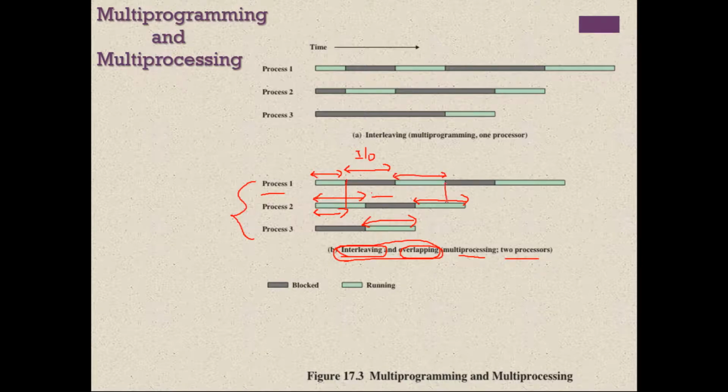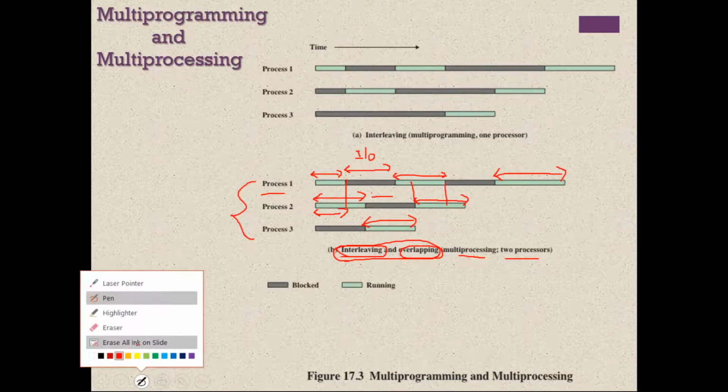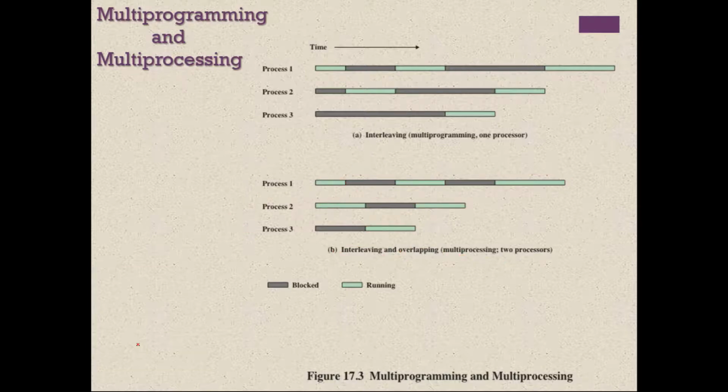So this portion is again what? Parallel execution. Two processes were executing simultaneously, and at last here only one process is executing during this time. Okay, so this is the difference between multi-programming and multi-processing. Okay,